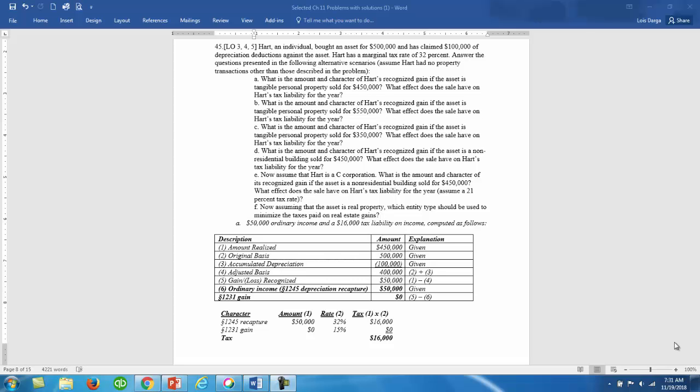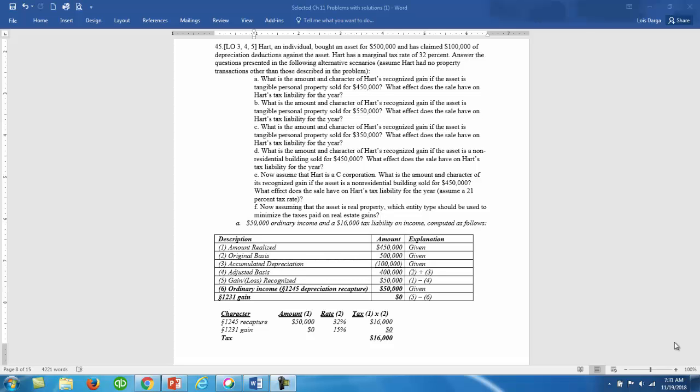Let's take a look at some Chapter 11 problems. In number 45, Hart, an individual, bought an asset for $500,000 and depreciated by $100,000. So the remaining basis, or the adjusted basis, is $400,000. And he's in the 32% marginal tax rate bracket. That means if we look at Appendix D in the ordinary tax rate schedule, he is in that 32%